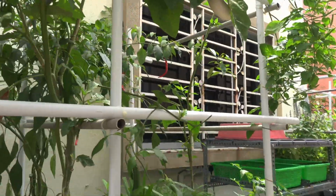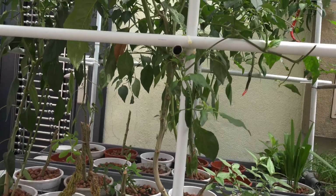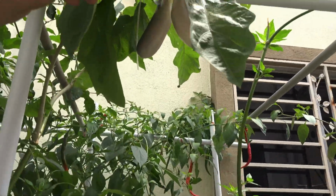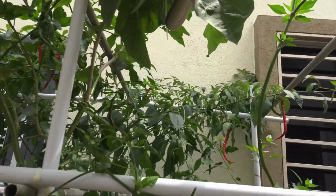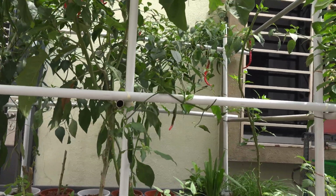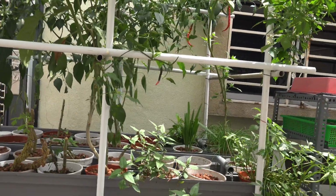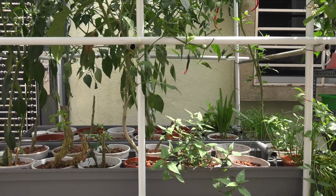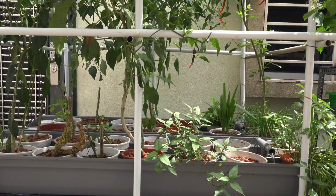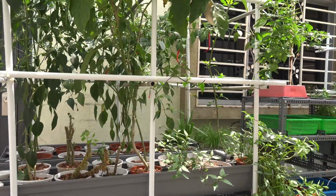The aubergines: due to overcrowding in the grow bed, I only put one aubergine plant, and it is fruiting. I'm not saying they are doing well because of the overcrowding, so they are not doing really well. But if I decide to try aubergines, it's best to have them alone, just like chili. I cannot mix them with other plants because it will be very difficult to control